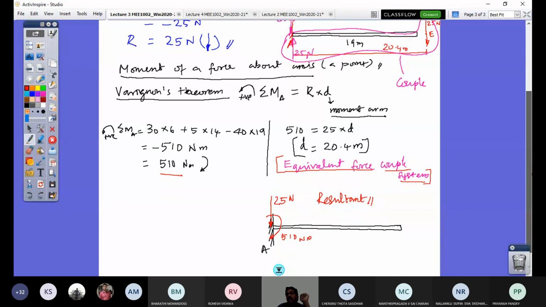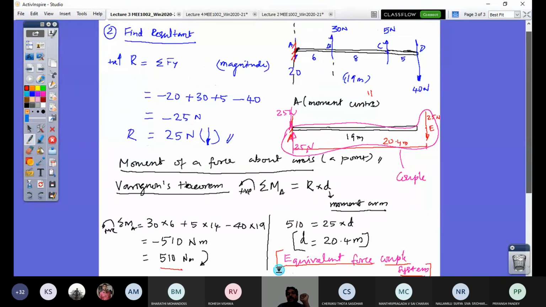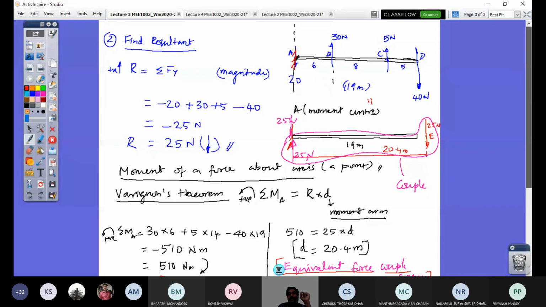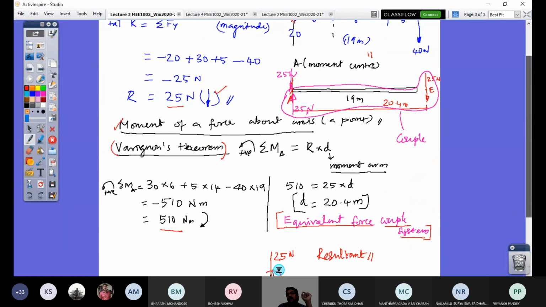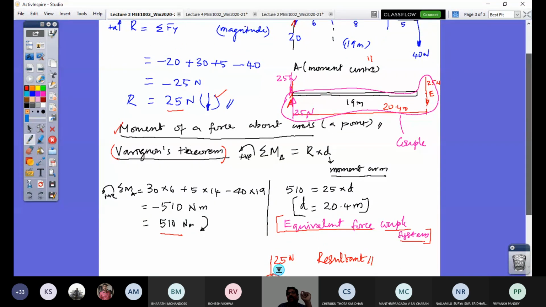So, any doubt in this discussion with this problem? I have chosen this problem deliberately so that you would understand not only how to find a simple resultant, wherein you don't stop at finding only magnitude and direction. Also, you have to find the point of application. Therein, you have understood the significance of Varignon's theorem, and you would work with it if you have understood the definition of moment of a force about a point, and found the moment arm distance where your resultant force can be represented. Finally, you have physically, as an engineer, been able to think that a force cannot be out of the body to have its influence.